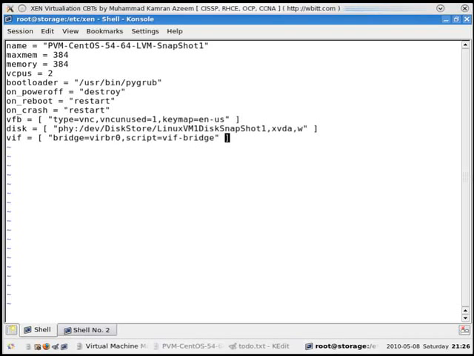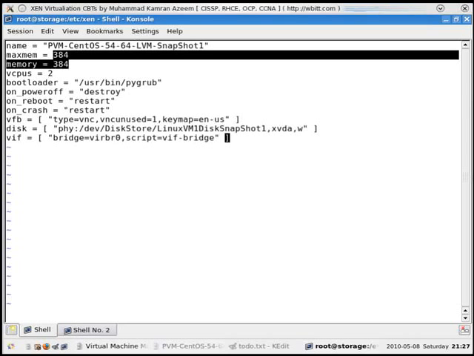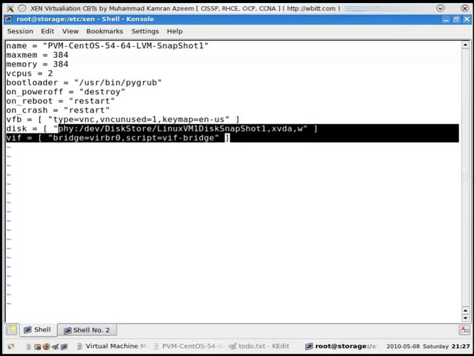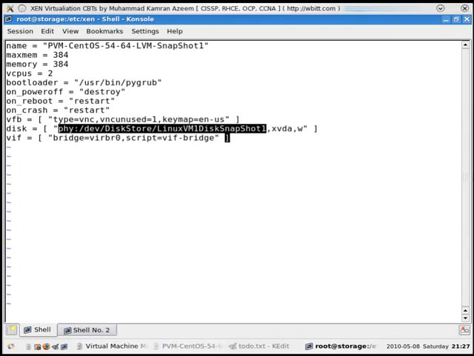Then I've modified the configuration file to change the name, remove the UUID because it will be generated on the fly, and optionally change the RAM because I want to save a bit of RAM. It's not important, not required. I have updated the physical device which it will access with this name, the snapshot, and I've removed the MAC address. Okay, so I'm going to save this,